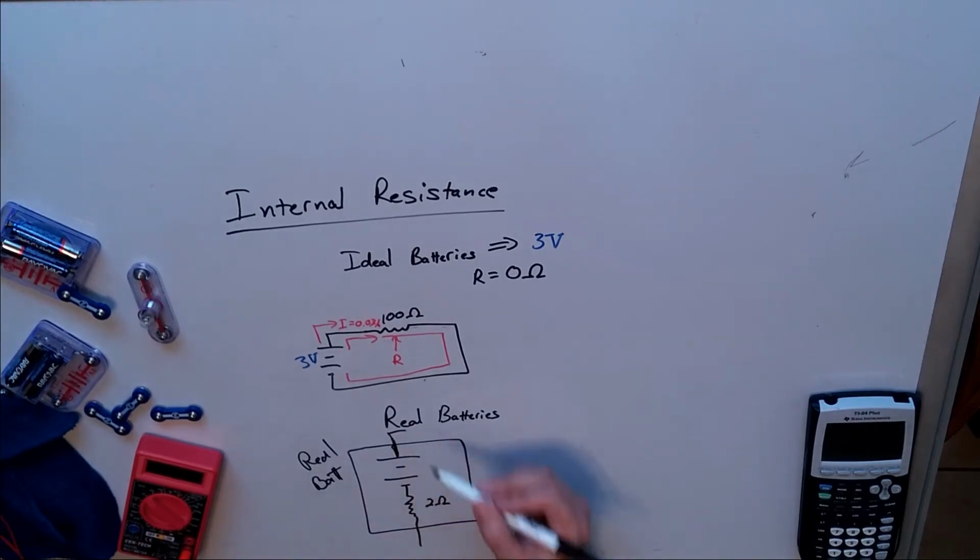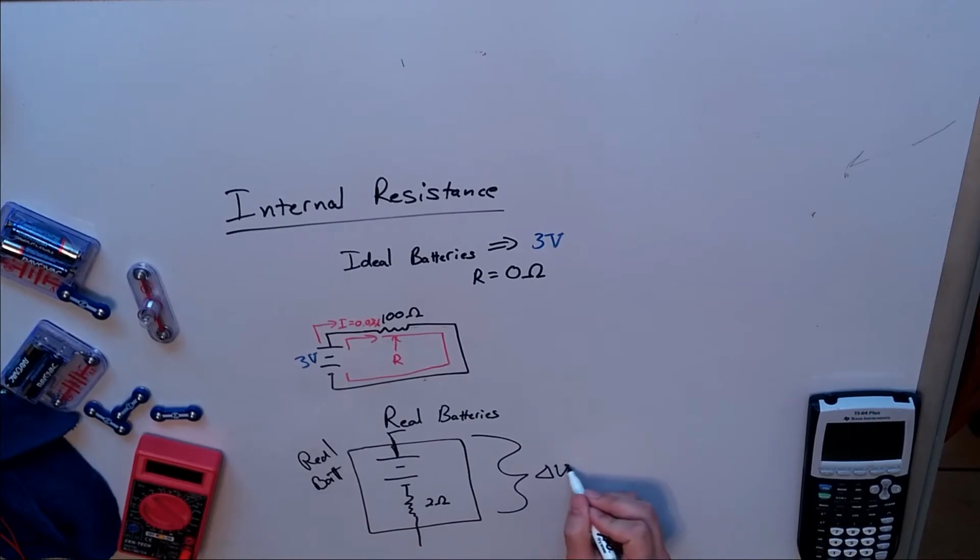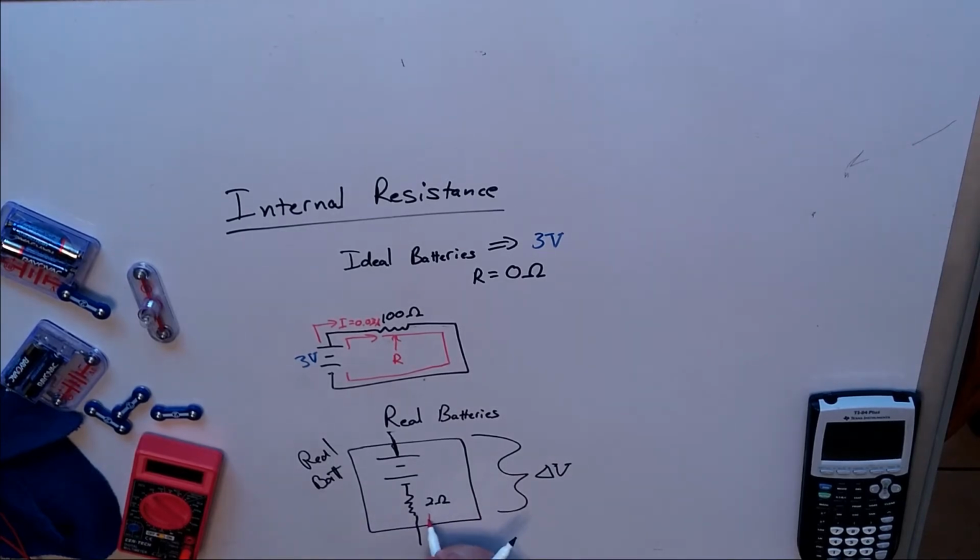But in real life, when you connect the battery to something and it starts drawing current, it will actually change the total amount that it has available. Basically, we're measuring the potential difference from here to here, delta V. Now, if this isn't connected to anything, then there's no current. That means if we treat this as a separate resistor, which is more or less what we're going to do, then the current I equals 0, and the potential drop across the resistor is also 0,